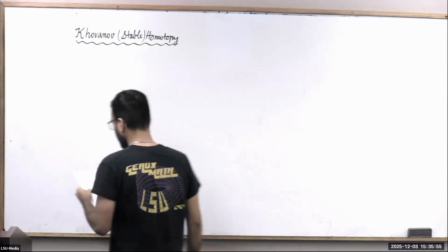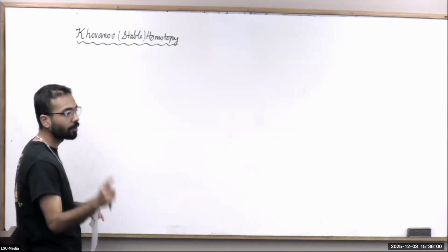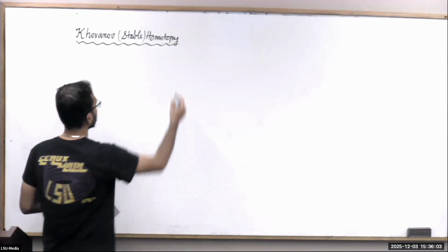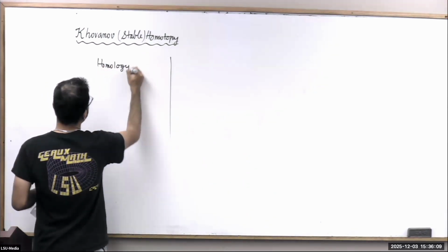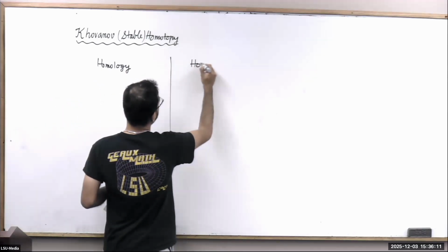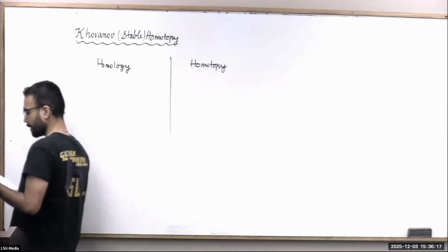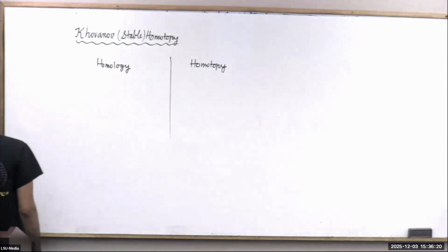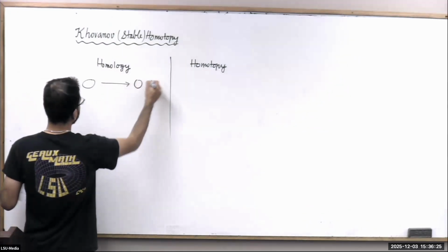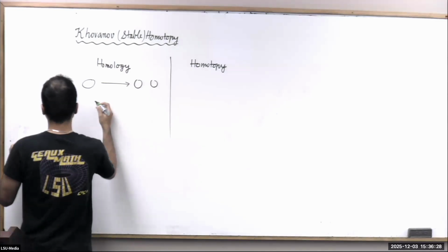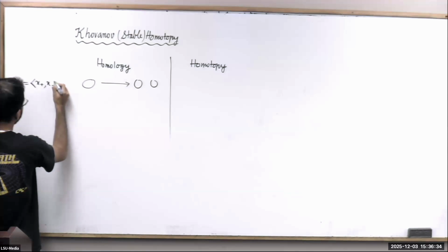And the way we build any homology theory is essentially, first thing first, we build a chain complex. We associate vector spaces to it. So let's do it. This is your homology. This is your homotopy. What we have in this chain complex are objects like this, where your vector space V is generated by two elements, x plus and x